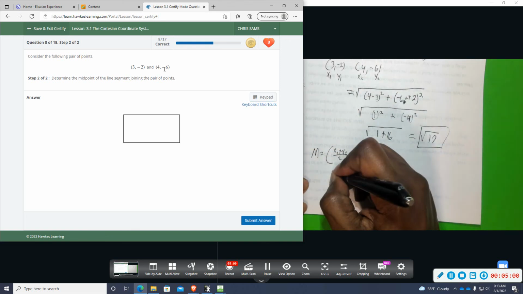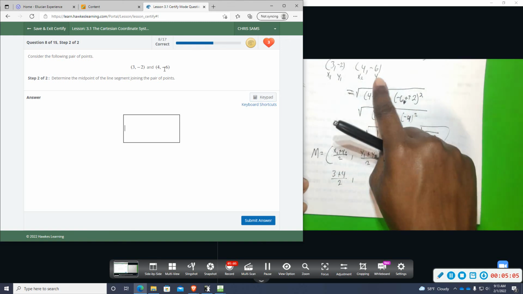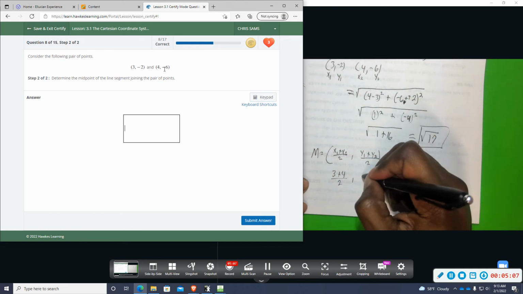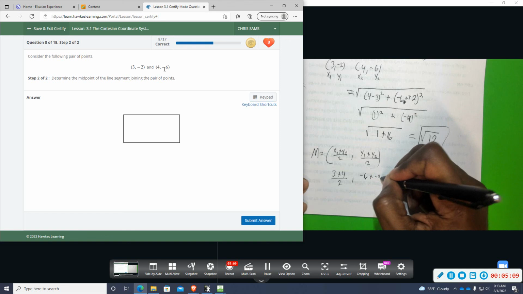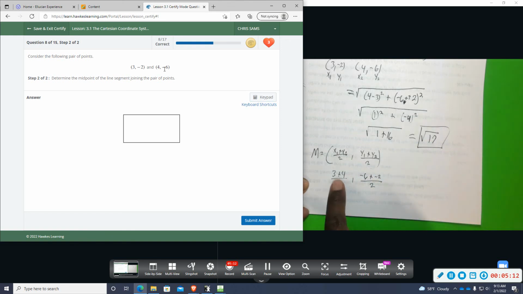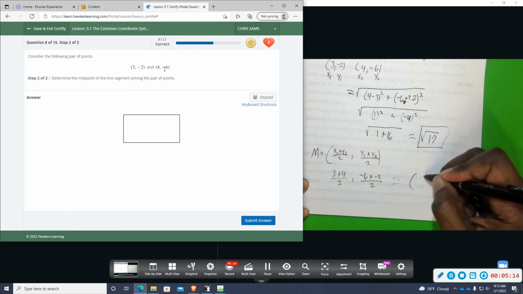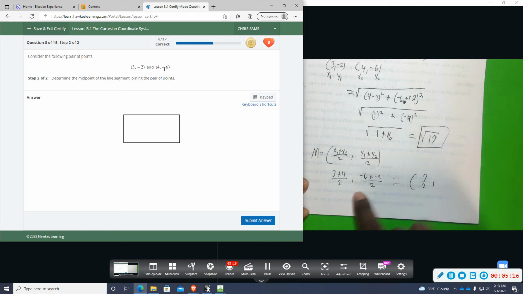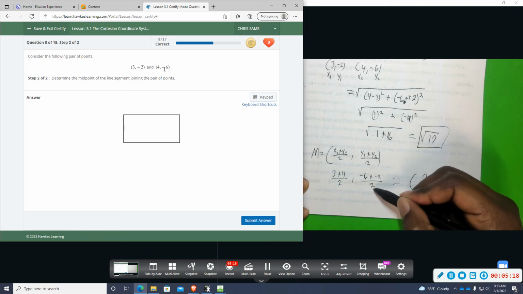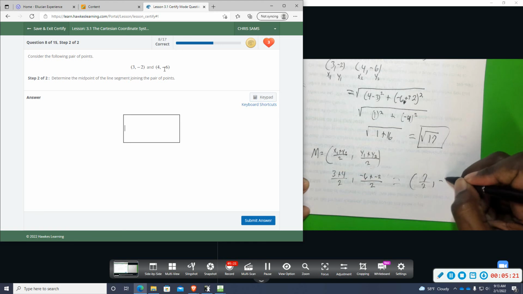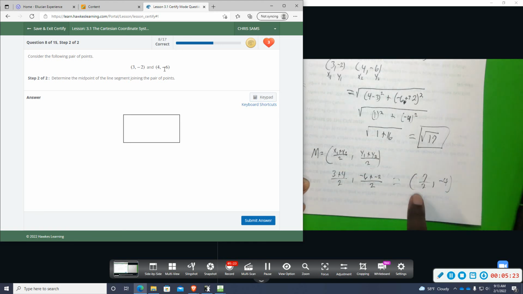So my two x values were 3 and 4, over 2, and my y values were negative 6 and negative 2. And that will give us the ordered pair 7 over 2, and negative 8 divided by 2, which will give us a negative 4. So 7 over 2 and negative 4. 7 divided by, this is the division bar, so 7